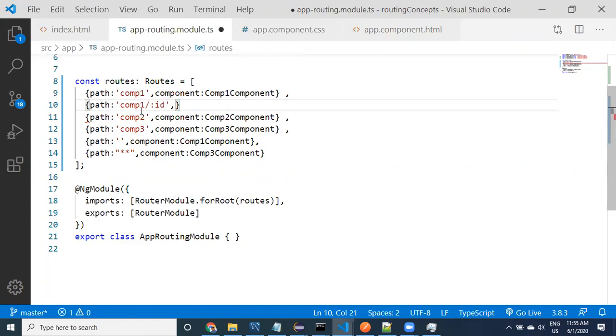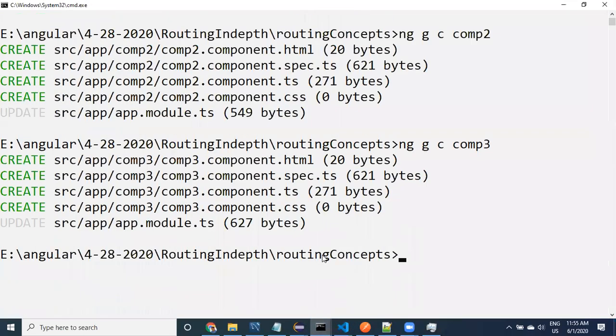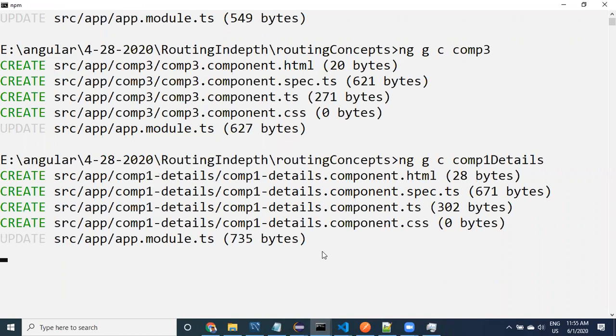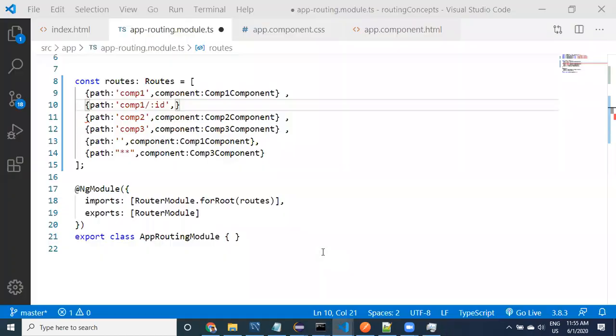Then I'm going to create one more component, the comp1 detailed component. Let us come here, ng generate component comp1-detailed, and press enter. I'm creating another component. We have created another component.